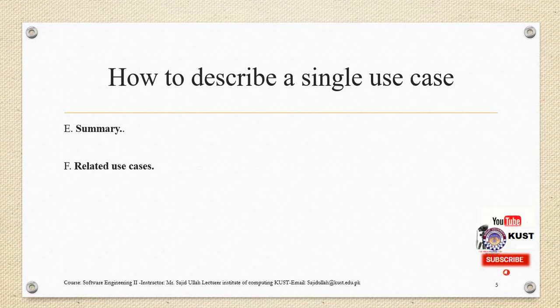Related use cases. List use cases that may be generalization, specializations, extension or inclusion of this use case. Steps. Describe each step of the use case using a 2-column format, with the left column showing the action taken by the actors and the right column showing the system response. Post condition. What state is the system in following the completion of this use case?